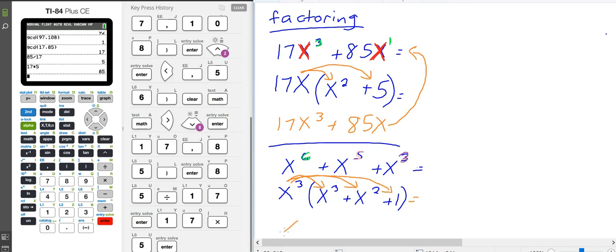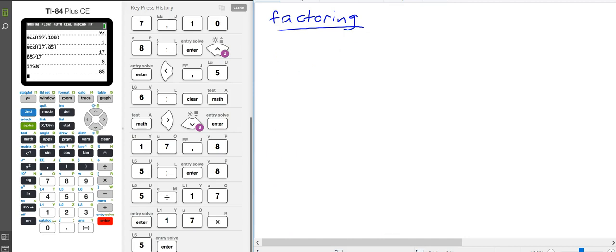X to the 3rd times x to the 3rd is x to the 6th. X to the 3rd times x squared is x to the 5th. X to the 3rd times 1 is x to the 3rd. Since we got back to our original equation, this is correct. Let's try another example. Let's say we have 17x to the 3rd plus 85x squared